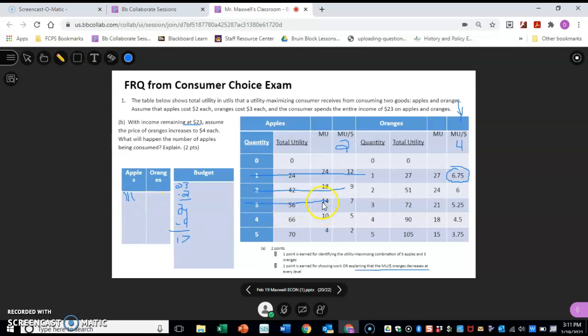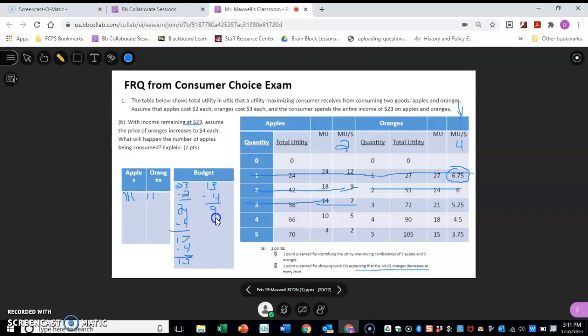All right, and then I'm down to this point where I have $6.75 for an orange, so I'm going to buy an orange. And remember, it costs $4 now. So I'm down to $13 again here. I'll bring it back up here. And then I've already done this one and this one. I need another orange because it gave me 6 utils per dollar. There we go. Minus 4